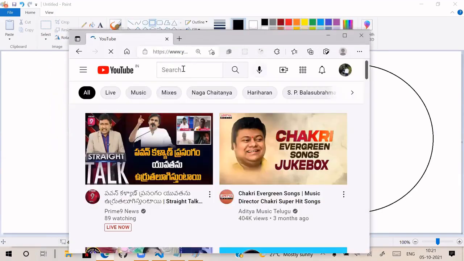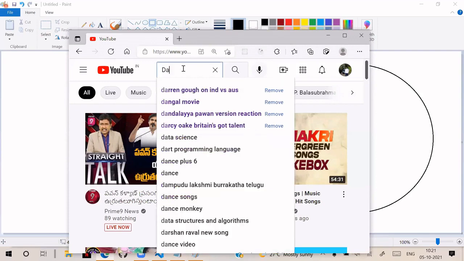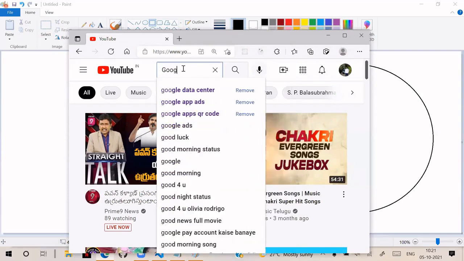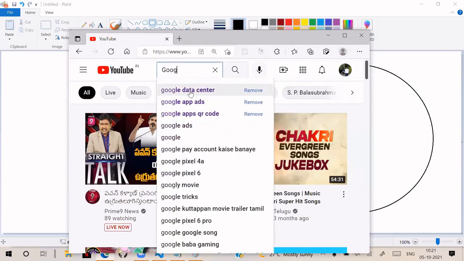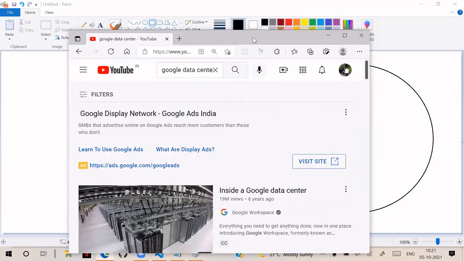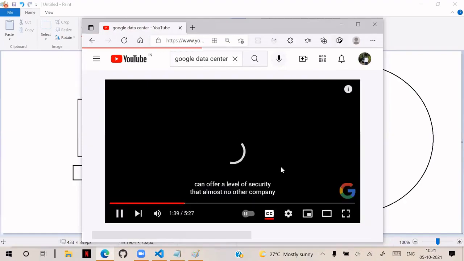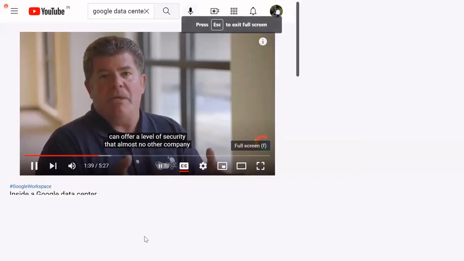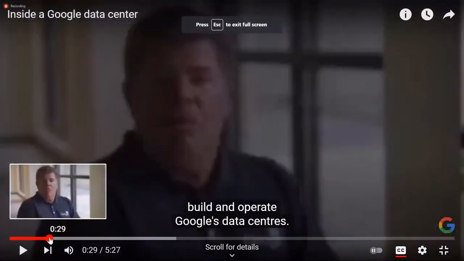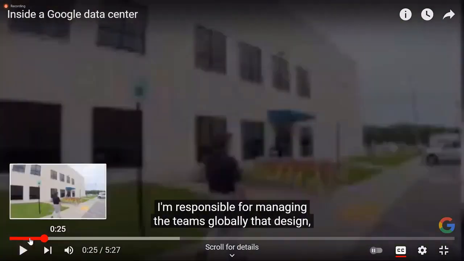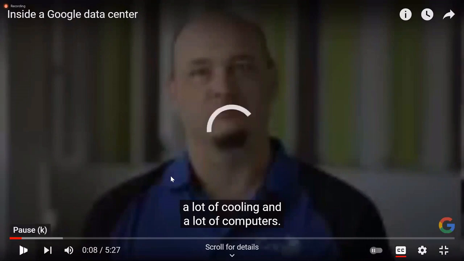On YouTube, I will search here for data center, Google data center. You see, Google data center is there. And you see, this is the video of the Google data center. I'm just showing you the video of Google data center. You can see. Yeah. You see, this is